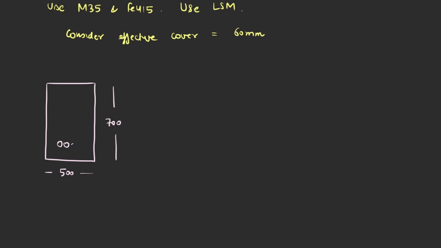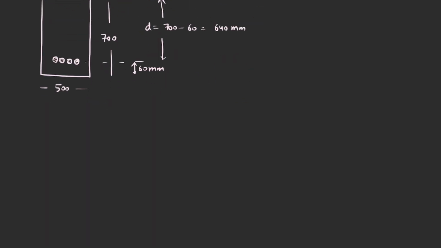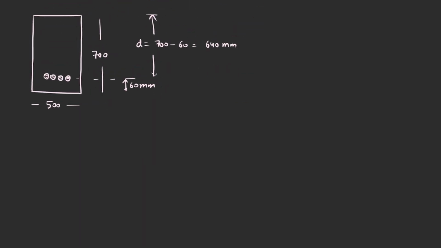Also, effective cover is given to us. This is a representation, not absolute, that there are 4 bars, just to represent the effective cover. So effective depth would be 700 minus 60, that is 640. Now the next step would be, since the size of beam is already given to us, we have to